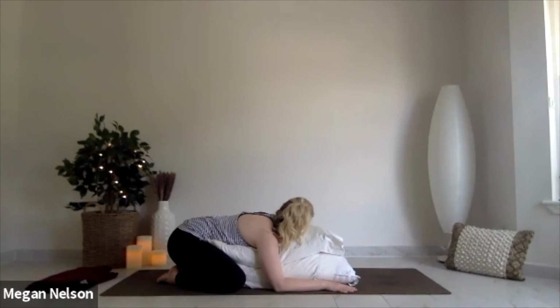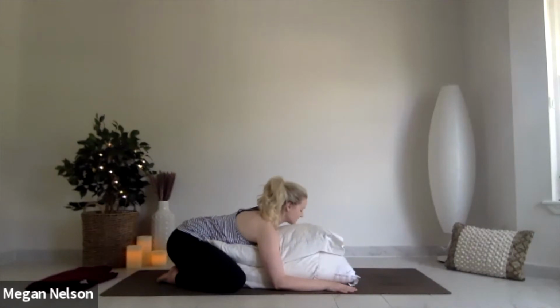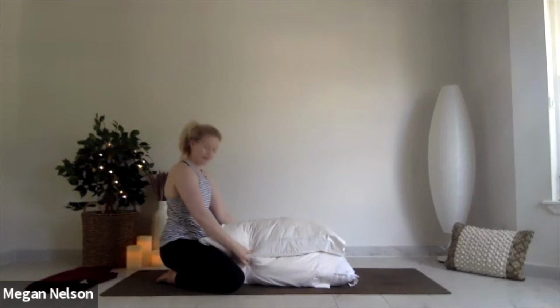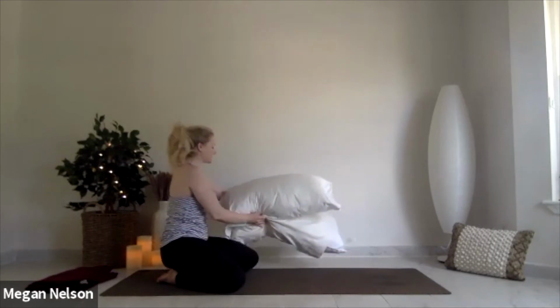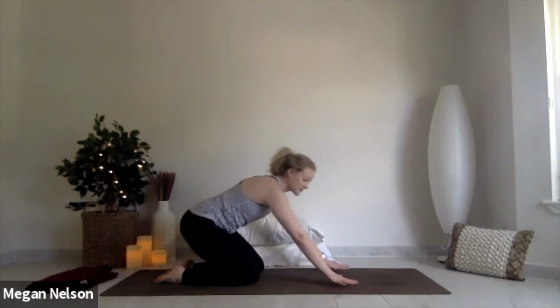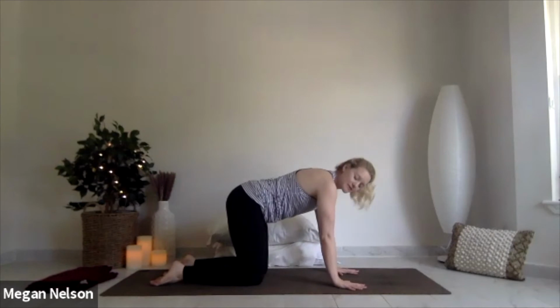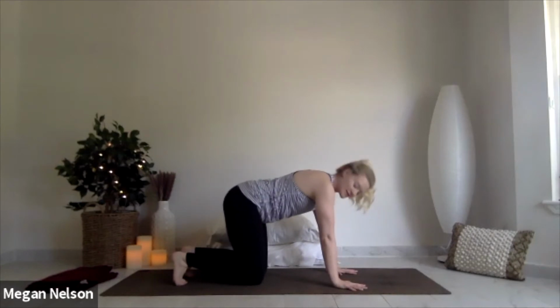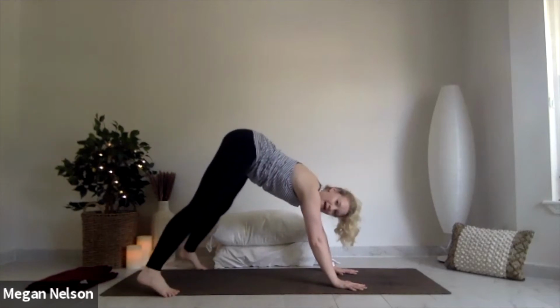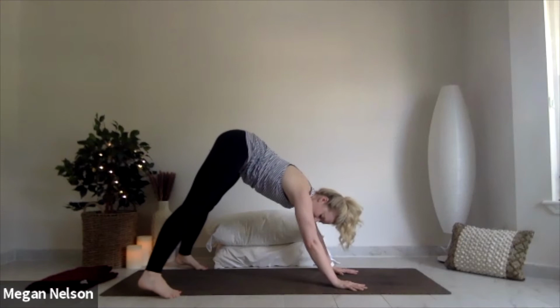On your next inhale, bring the head through center, pressing your hands back towards your knees. Lift your chest to stack over your hips. Move your pillows out of the way if you use them. We'll make our way into a wide downward facing dog. So press back into that tabletop, hands under shoulders, tuck your toes under, start to straighten out your legs and then separate them really wide. So maybe outside of your mat,